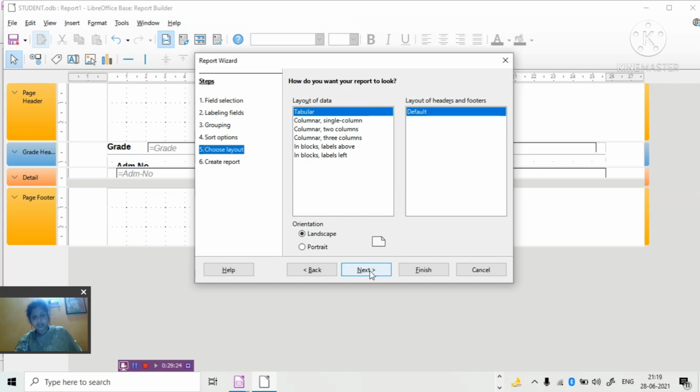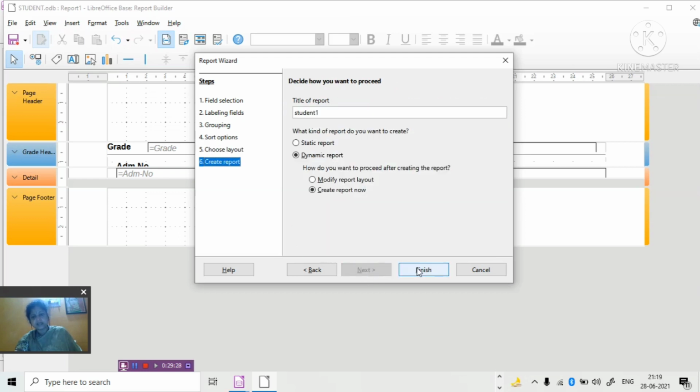Then landscape or portrait, as you wish you can select. Then next, then finish. Here you can give a title of the report also. Suppose I will give Student Performance. Then click on finish.